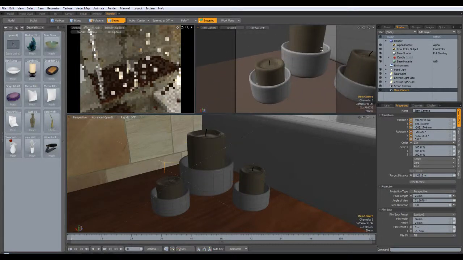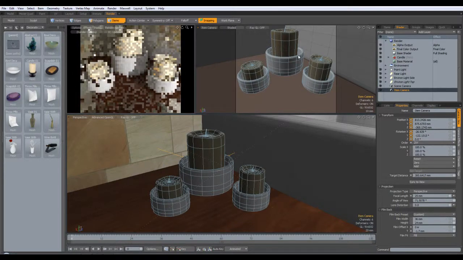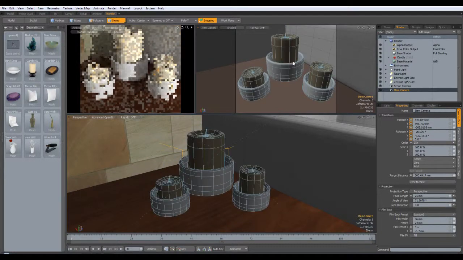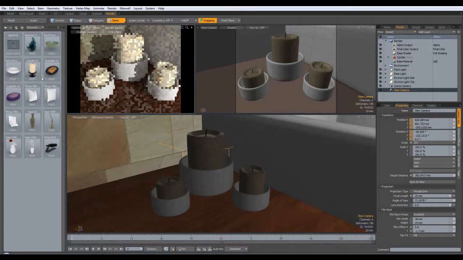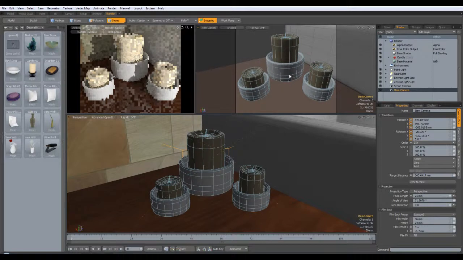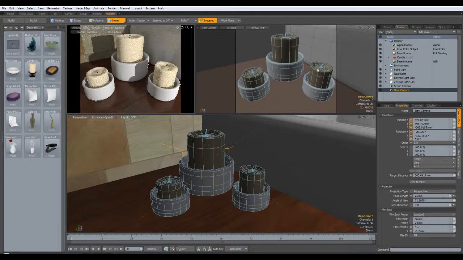I'm just going to pull it, we'll pull down to this area here. Now you'll see these candles obviously had the material, because that came in with this here, but at the moment the glass bases don't have any material at all. So now we need to go around the scene and select all these glass bases, which you can do by double clicking on it, but to be honest, the easiest way to select the part of a scene, especially when you know one thing has already got a certain attribute on it,